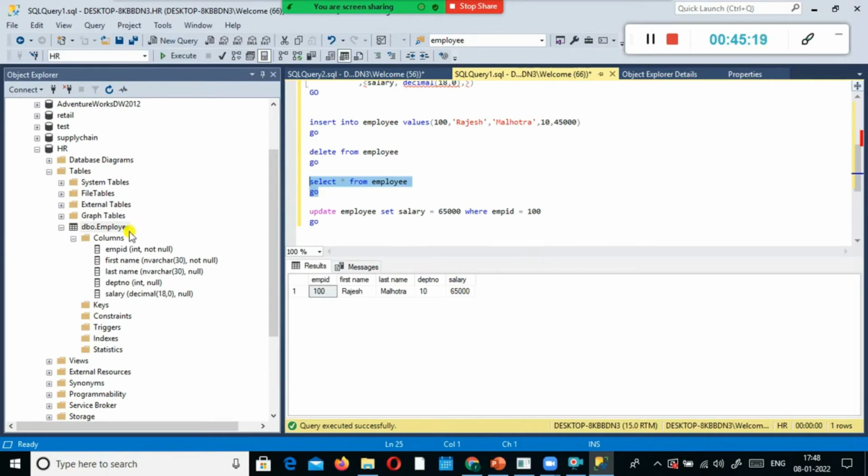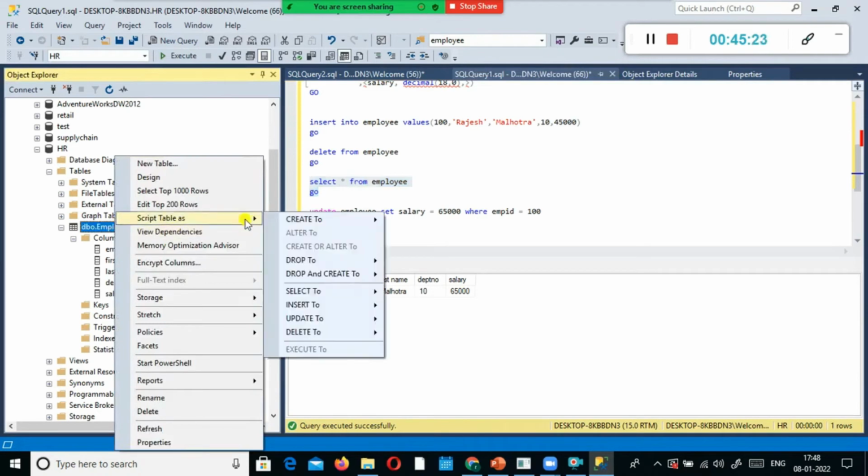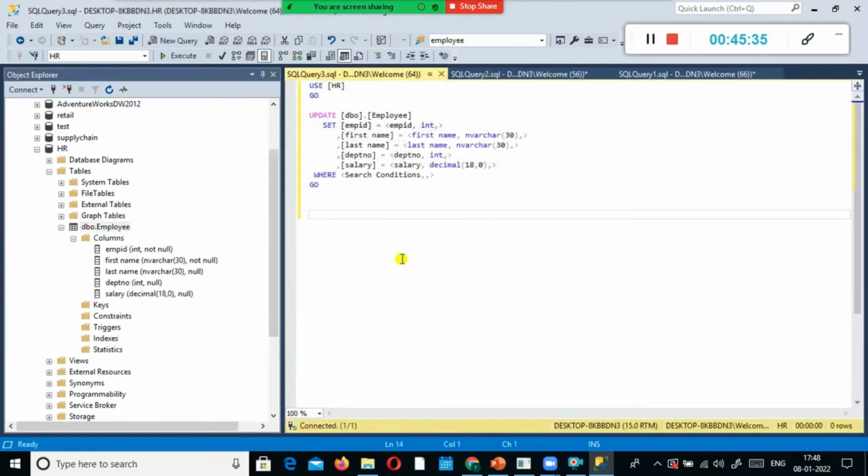Alternatively, if you don't remember the syntax, don't worry. Just select the Script Table as option in this menu, and then go to delete to or update to. When you select a new query editor window, it automatically generates the script for you.